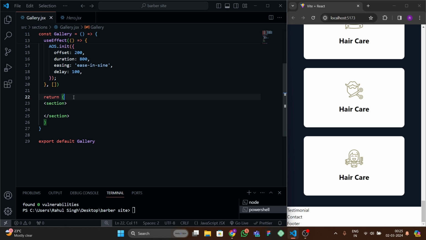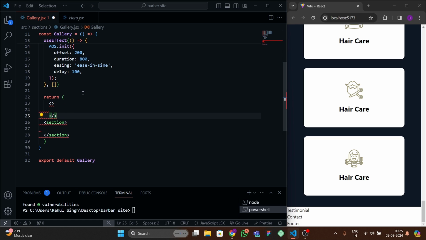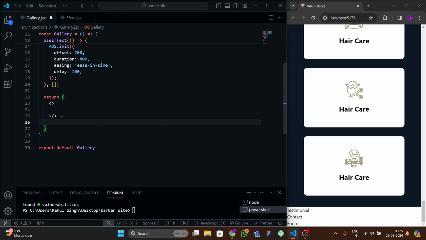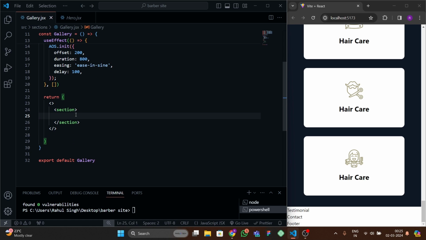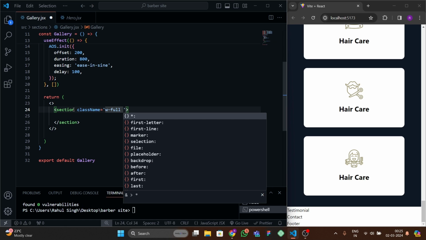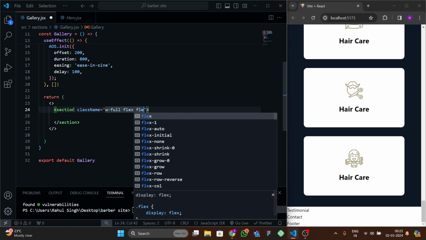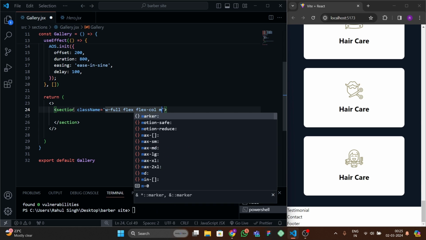Okay, so for that what we have to do, we have to open this, and inside this we're gonna write this. Okay, so for this our section, width full and flex all,